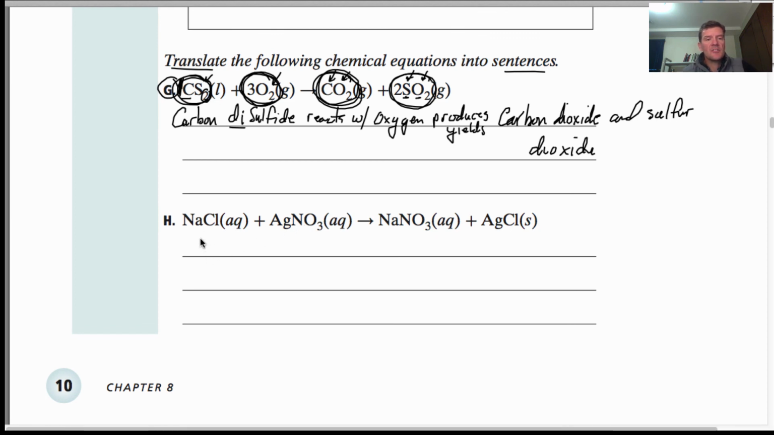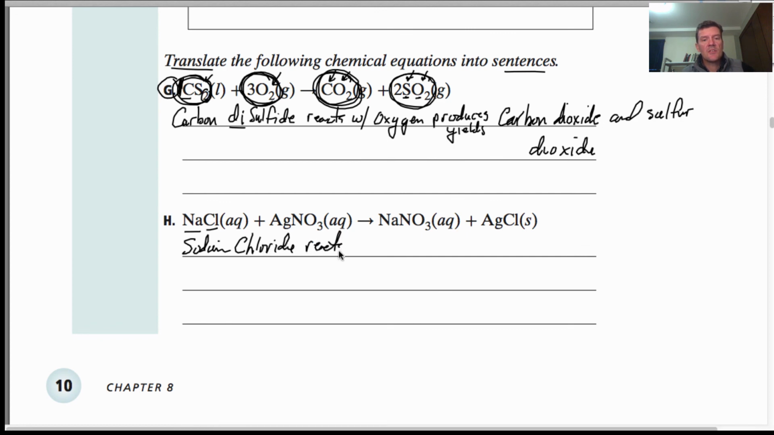All right, let's do one more here. This is a metal and a nonmetal. That is an ionic compound. This is sodium. You do not need prefixes with ionic. Don't use prefixes with a metal and nonmetal. Sodium chloride